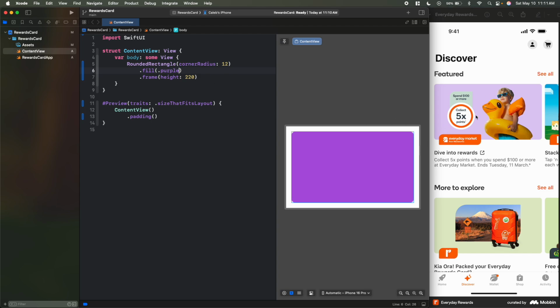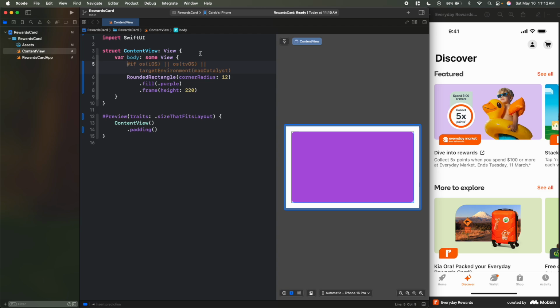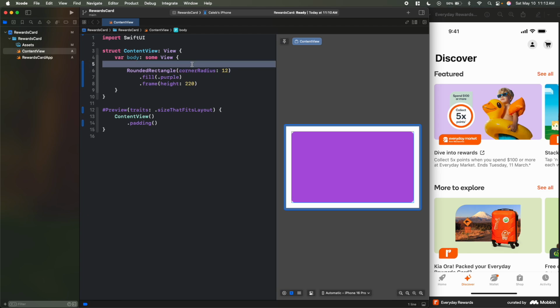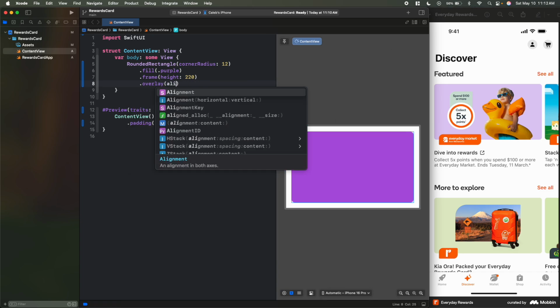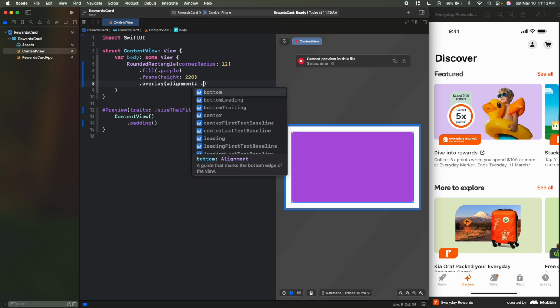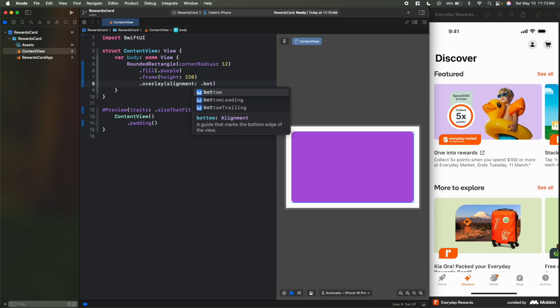So there's the start. I actually want this rounded rectangle to be the background of our view, so let's go ahead and create, maybe an overlay over this instead of just setting. I don't know. Let's go first by adding a dot overlay, like so. And I want to set the alignment here to be alignment colon dot bottom leading. And then for our content here, we're going to use the